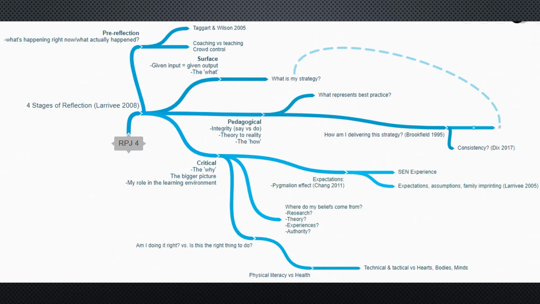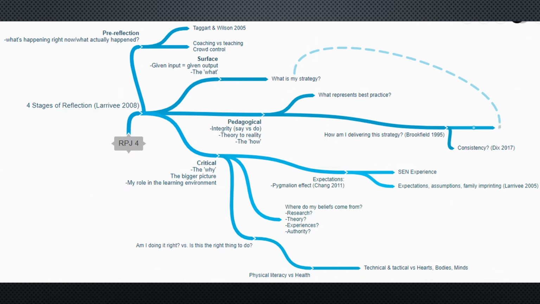crowd control, and it was too difficult for me to almost reflect within the context of the lesson I was delivering, and it was more a case of me finding a solution that would resolve the behaviour rather than working out what indeed caused the behaviour in the first place. So this level of reflection is not considered critical reflection by Larrivee, and certainly some other authors don't consider it